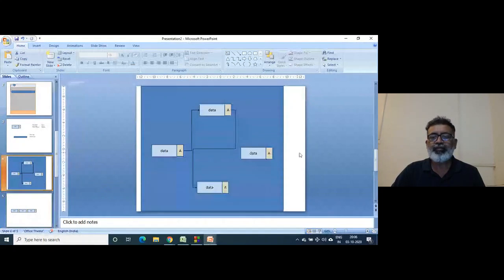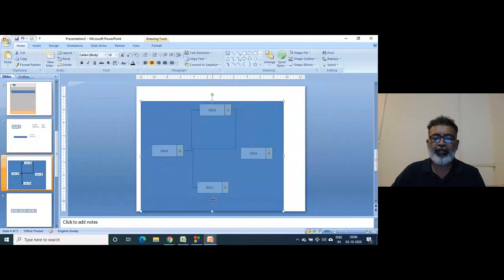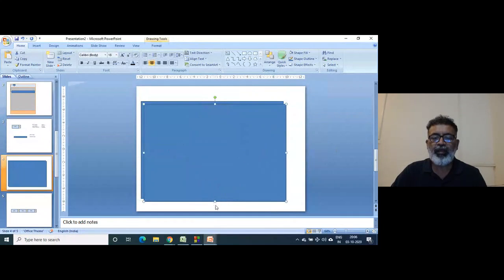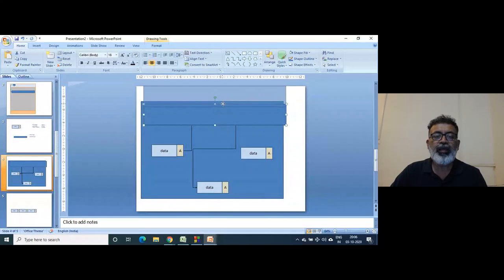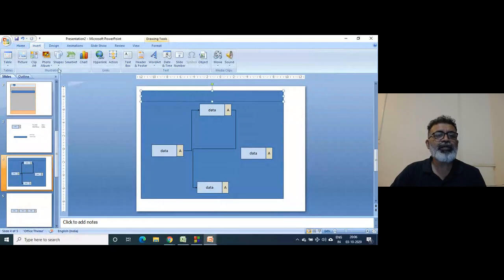So if this is the heap, as I told you, there is a stack, and here there is a pointer.